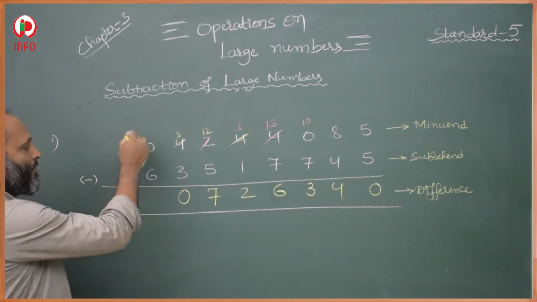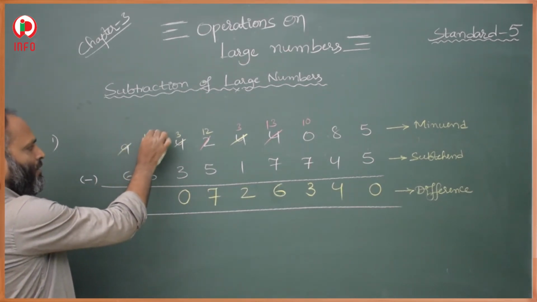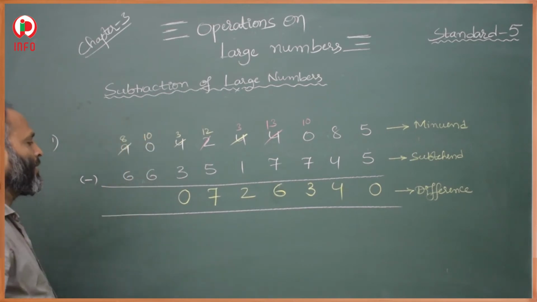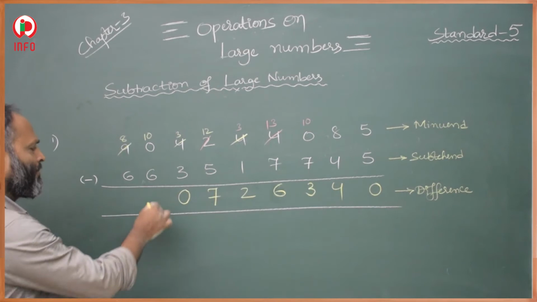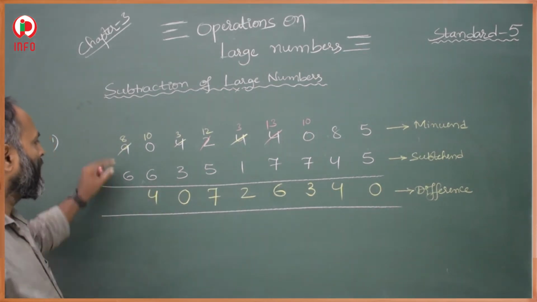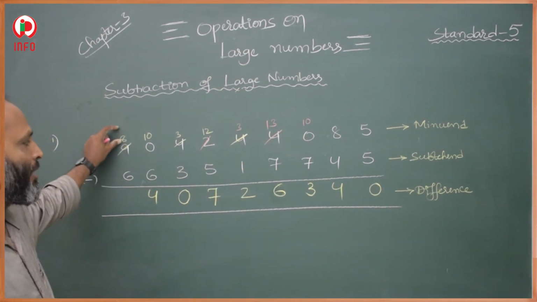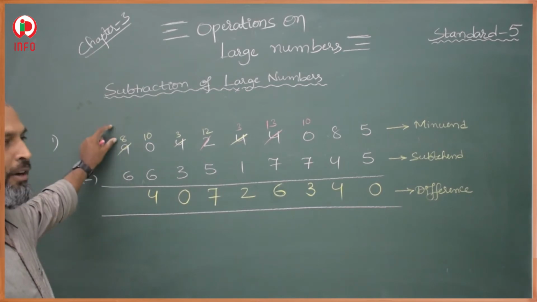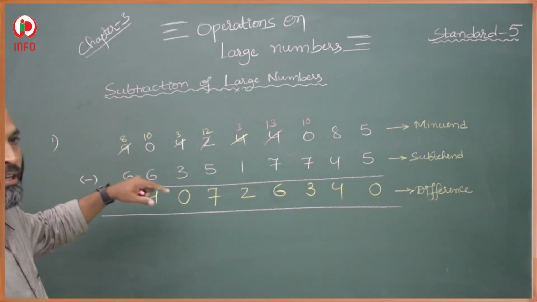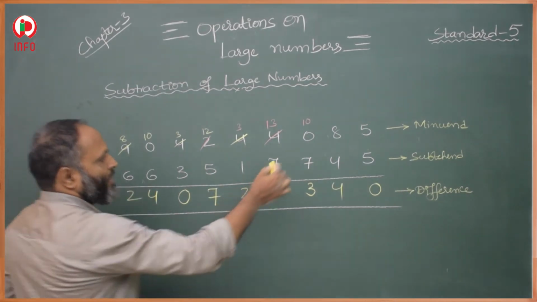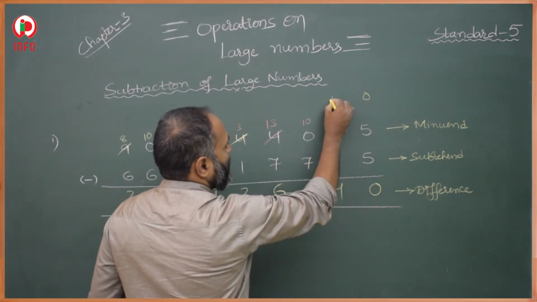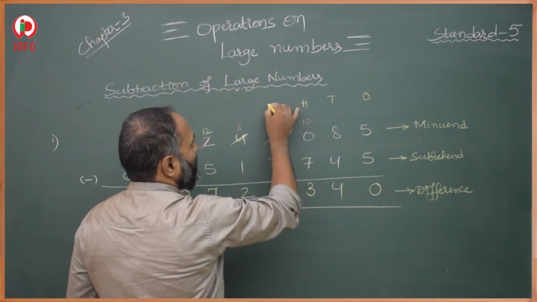And 6. The minuend is lesser. If the minuend is lesser, again we take a borrow from the next place. From here, so it becomes 10. So this becomes 8. 10 minus 6 is 4. Then 8 and 6: 8 is the bigger number, bigger minus smaller, so no need to take anything. Then 8 minus 6 is 2.